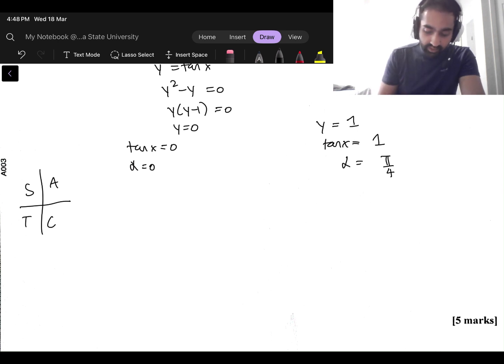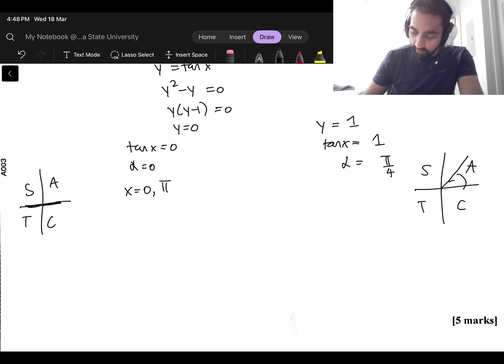Well, for this one, tan is not positive or negative. It's 0 actually. But what you could do is you could just take this line, and then it's this line. So the two solutions will be here, x equals 0 and x equals pi. But then here now, for this one,